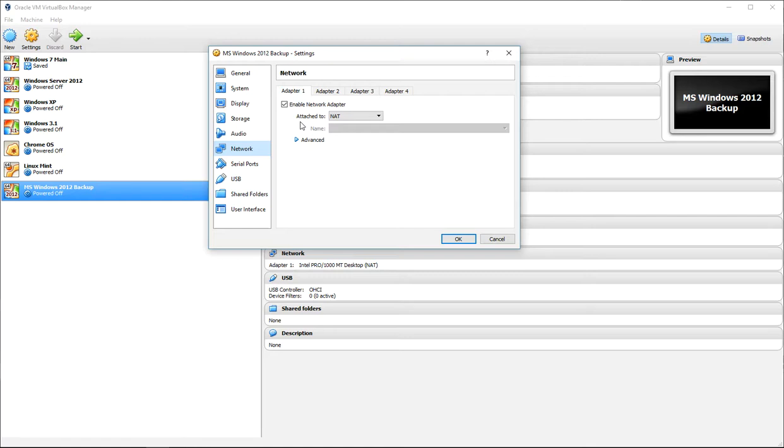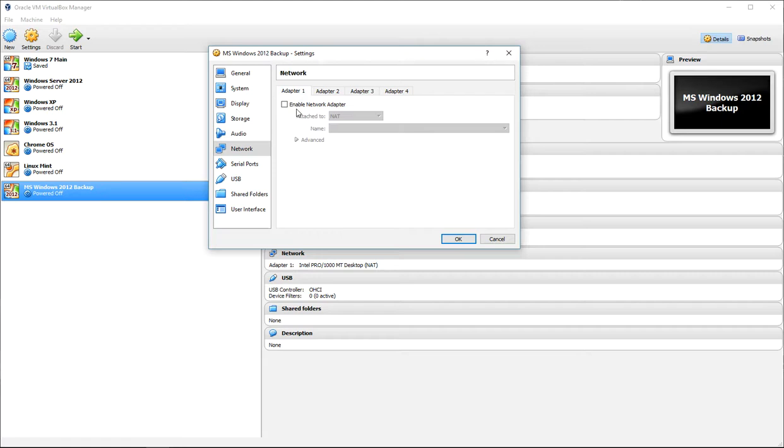Make sure you turn on network. This is the great thing about VirtualBox. If you're wanting to test something and you don't want it jumping to the outside world, you can turn off your network at first. If you don't need to get to the internet first, like say you want to install an operating system and you don't want it seeing the internet, leave it unplugged. Just turn this enable network adapter off at first, and you can turn that back on later. It's just like unplugging your cable from the back of a box. So that way I can install my operating system.